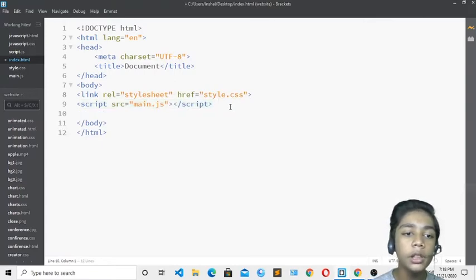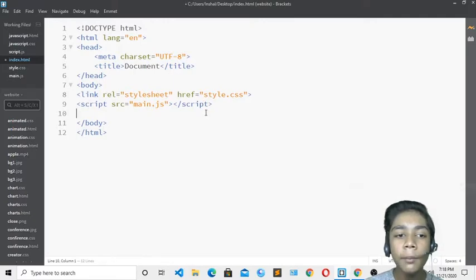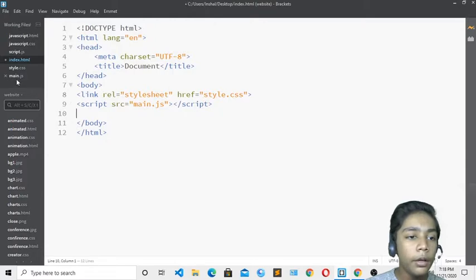Okay, so the button you have to make in HTML, then the color was changing when we are clicking the button, so different colors are coming. We will do that with main.js, the JavaScript file. We will not use any CSS for that, but we will use CSS for the margin over here.